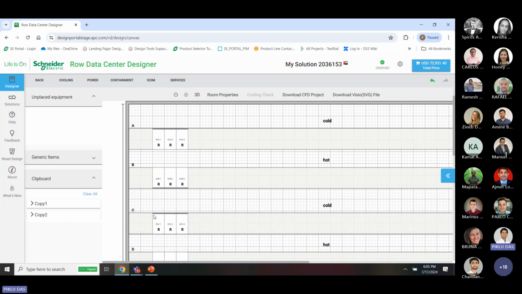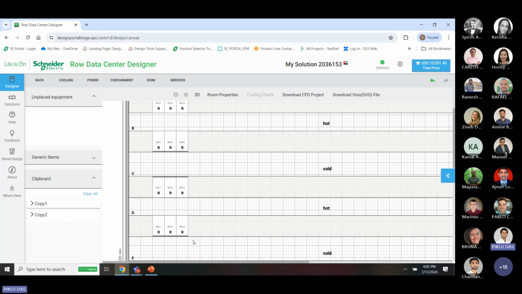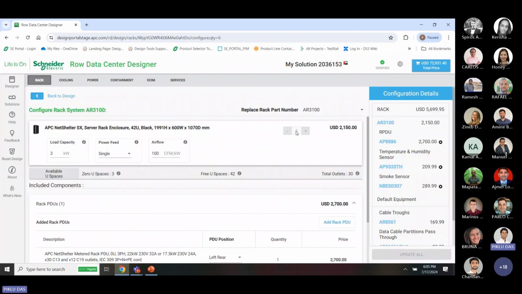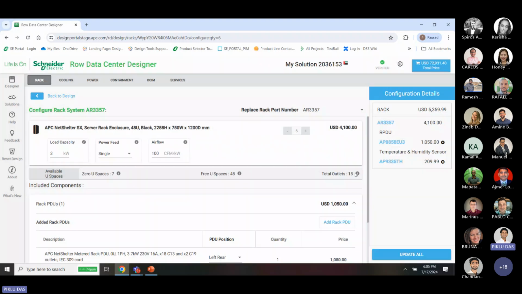So say I have these three. You can multi-select them also and go for edit racks. When you do edit racks, you can see here all the six quantity is disabled, but you can go for the rack that you would like to go for, right? So if you want to go for 3357, you can see that you can go for 3357 and it has also reset back the complete configuration, right? So if you want to go for any other, say,